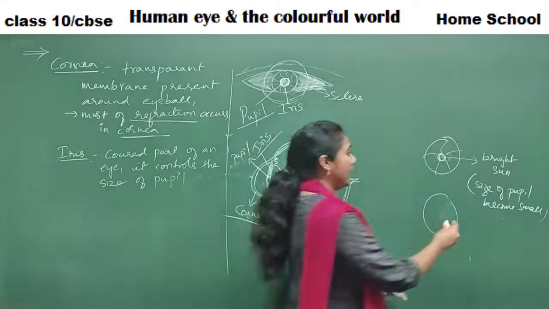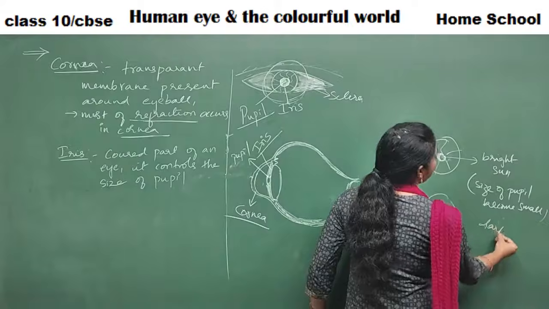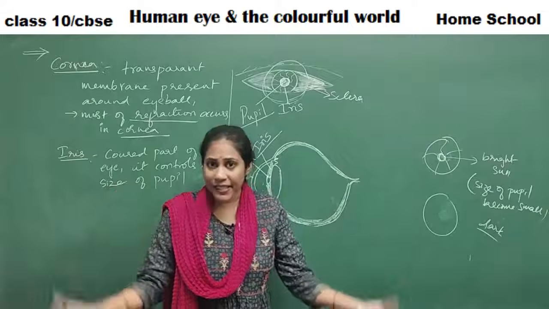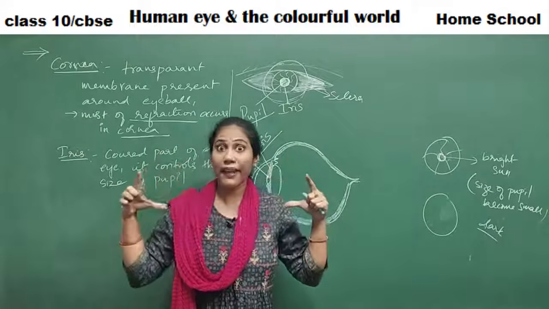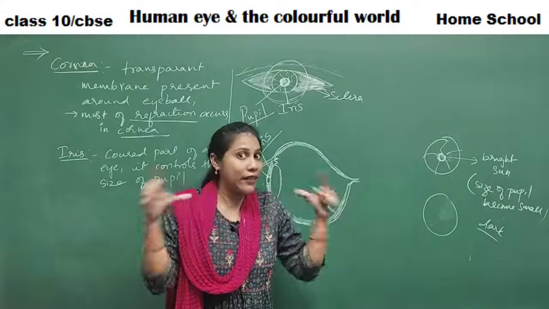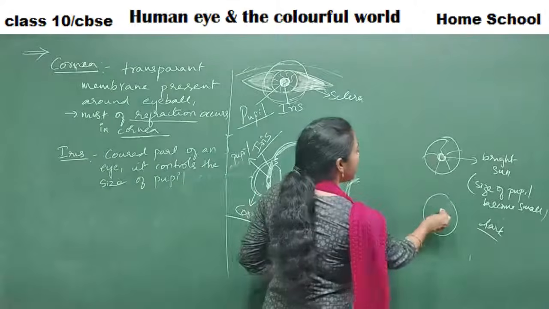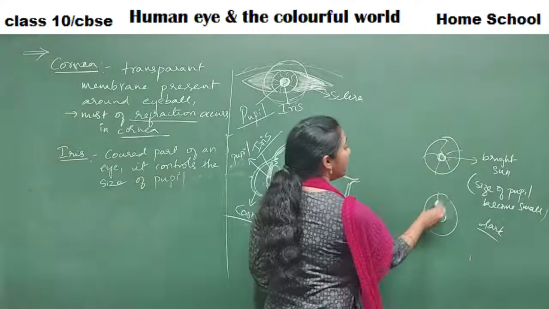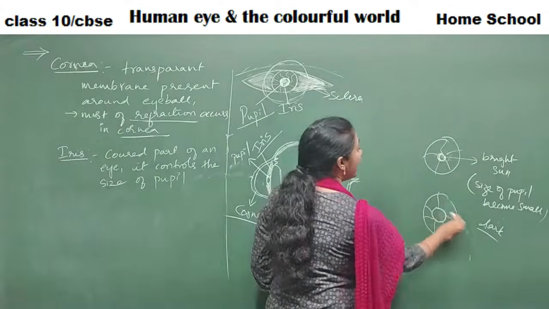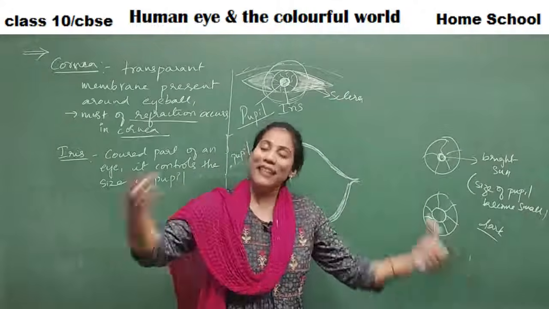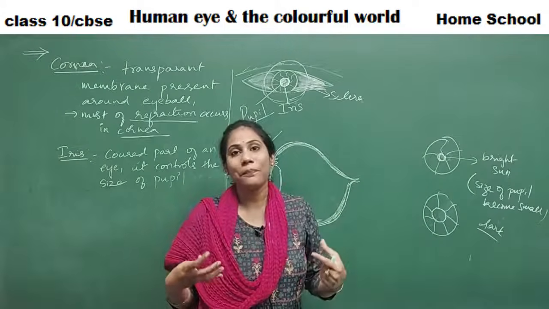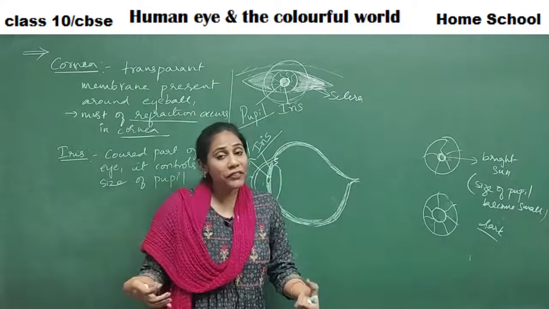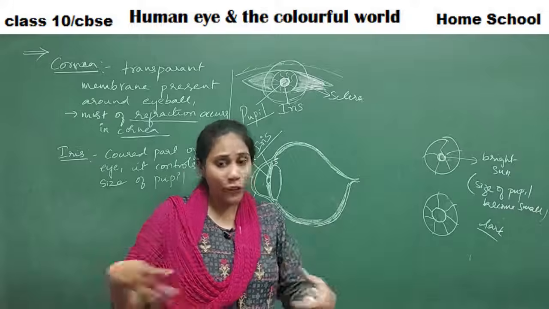Whenever you are in a dark room, first of all, light will not be there. You have to see the things, so you make your eyes very big. Whenever you make your eyes big, what happens? The iris is making the pupil big. The iris is helping the pupil's size to become a little bigger. Why? So that many rays can enter into your eye, because first of all, there is no light.